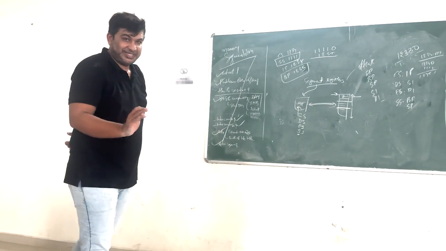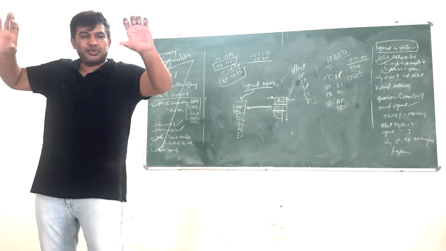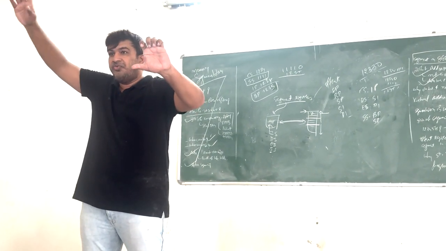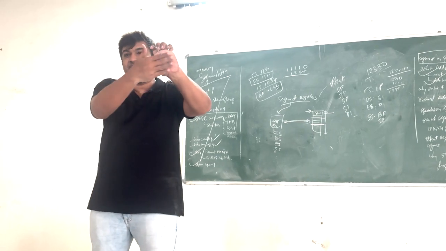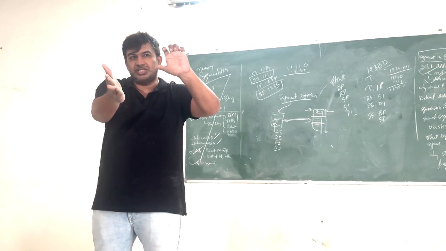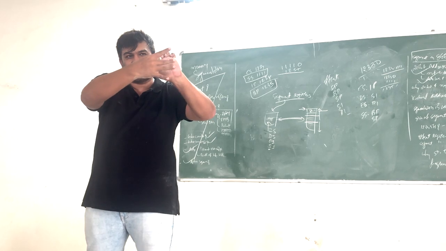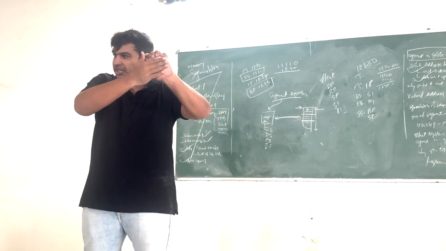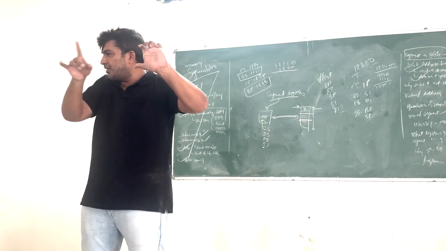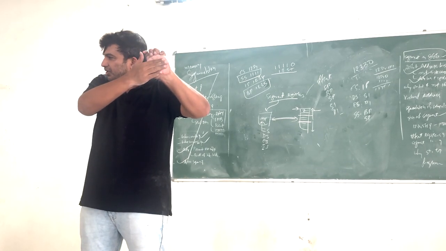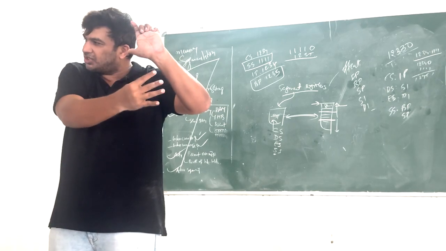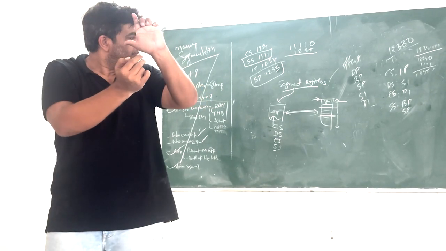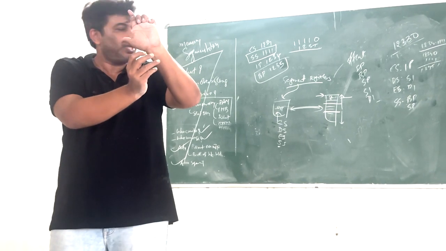In 8086, you are having microprocessor, memory. Your segments are in memory. Where that segment starts is decided by registers over here. Which register? Segment register. There are 4 segment registers: code segment, data segment, stack segment, extra segment registers. They will give you the starting location of segment. All registers are 16 bit. At the same time, you are having registers which give you offset address also. Which are the registers? IP, SI, DI, BP, SP.